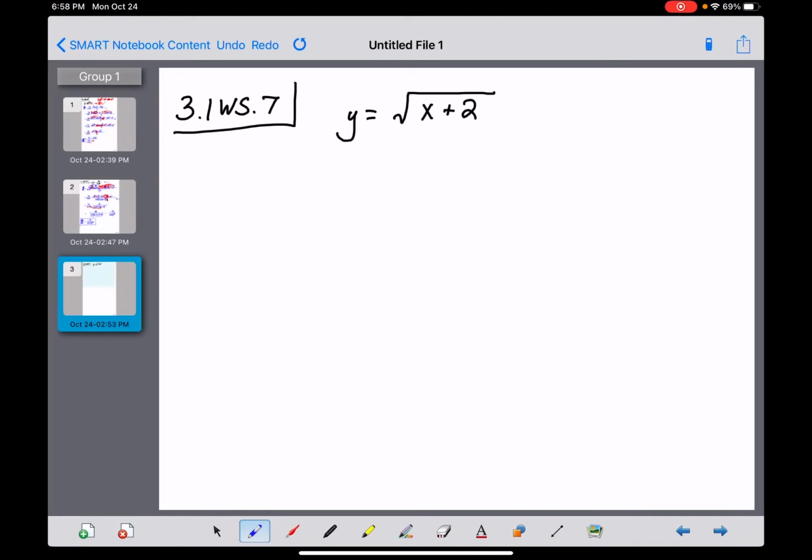All right, guys, problem number 7 on this worksheet was the first one of 2 asking you to deal with a radical function, and we hadn't done one like that yet, so let's dive in. So they've called their function y, so our derivative then is going to be dy dx, and that is